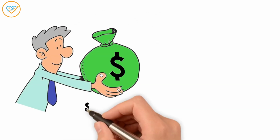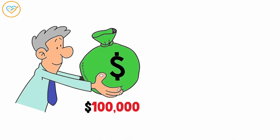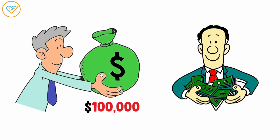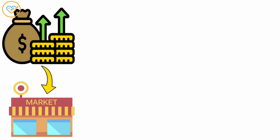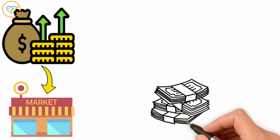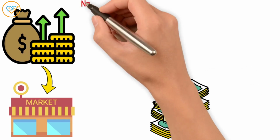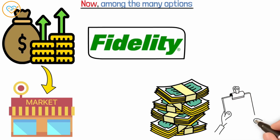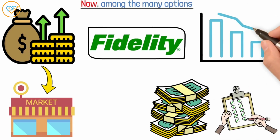Imagine investing $100,000 in a set it and forget it strategy that could bring back life-changing returns. Index funds are designed to track the overall market, making it easier to build wealth over the years. Now, among the many options, Fidelity stands out as a top choice for reliable, low-cost index funds that offer great